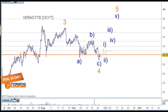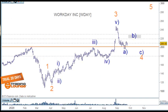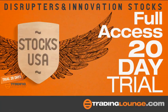I'm going to scoot along a little bit now with these, so we'll go to our next stock. So Workday is a financial management and human capital management company. So it's a software vendor, basically. It's functioning